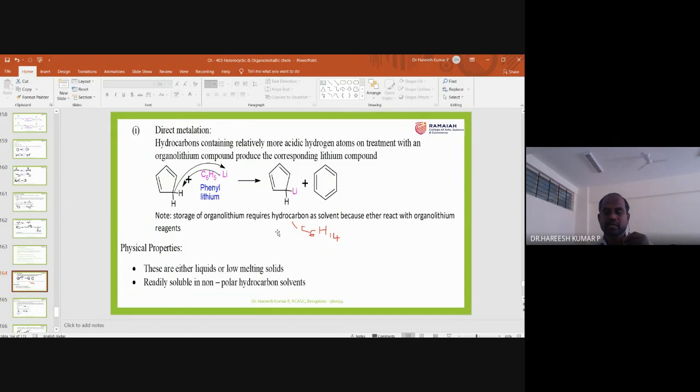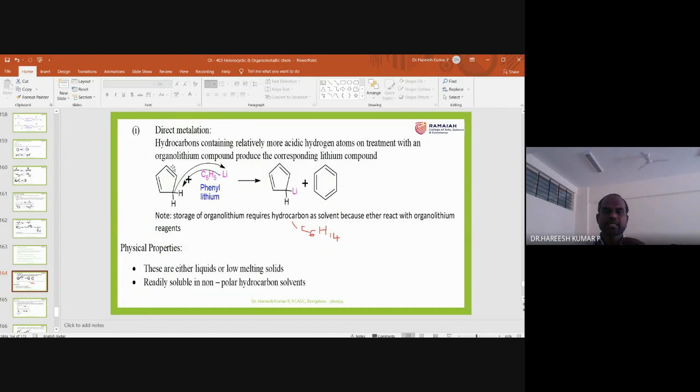So that means, for example, methyl lithium when it is treated with alkyl halide leads to the formation of alkyl lithium. That's called interchange of alkyl halide with alkyl lithium. Okay, those are the two methods of preparation, and this will be the third method.